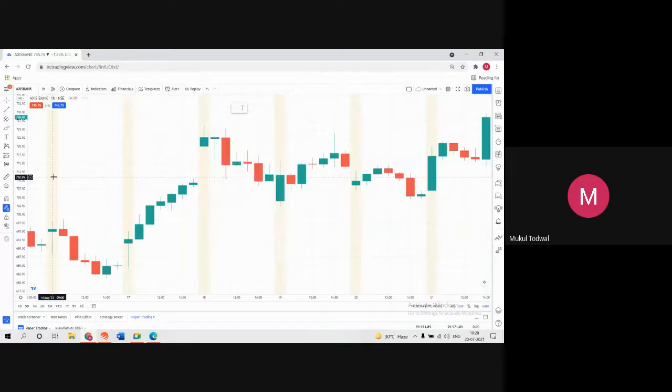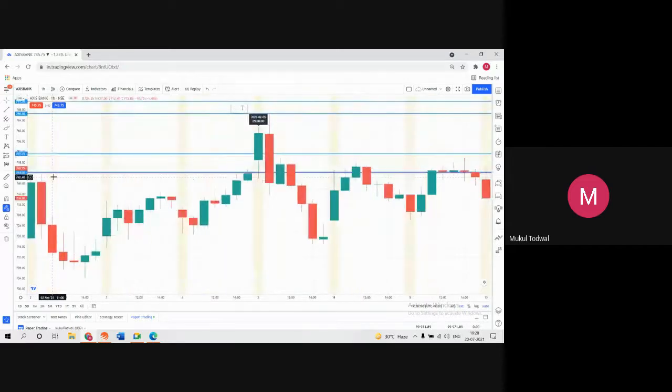You must be wondering why I'm working only on Axis Bank, because I wanted you people to know that yes, in only a single chart you can find each and every sort of candlestick pattern. If you guys can see, this stock was in an uptrend, from here it was making higher highs and also higher lows. So a very good example of uptrend. Now see what has happened over here. A very big red candle has formed